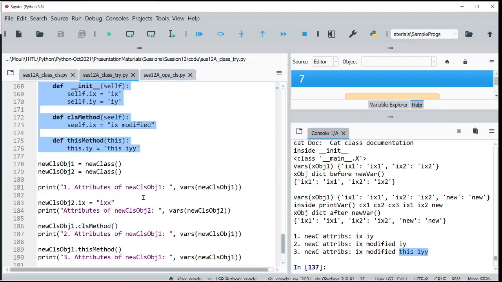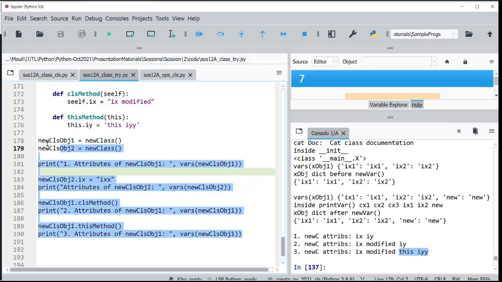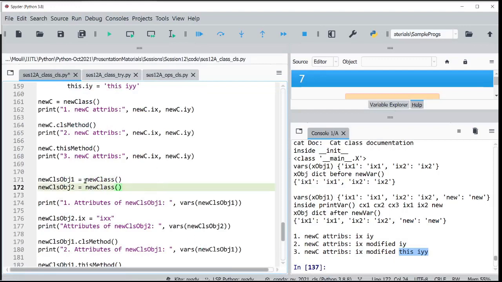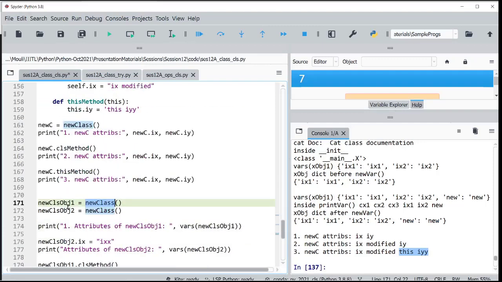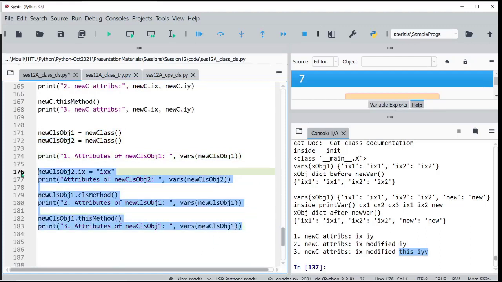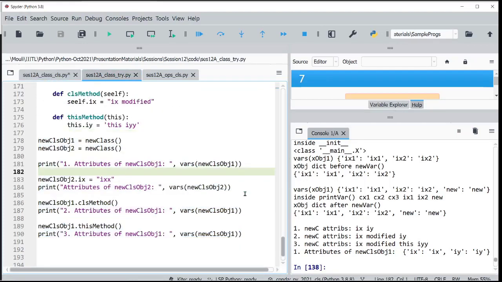Now let me print something. Okay, I think I already did this. We are almost coming to the end of the class. Now what I do, new class. Okay, this class object I have created, and I am printing vars. Now, okay, one by one I should show, otherwise there won't be any fun. I should not be too fast. So new class is just printing the values. Vars is printing the object's ix and ix1, ix1 and ix2.